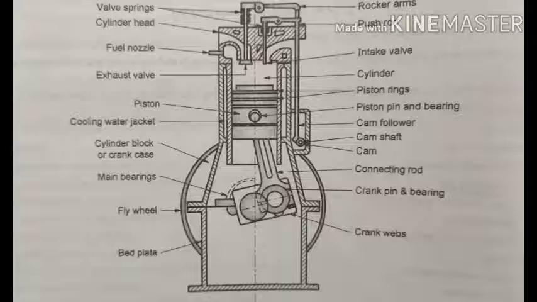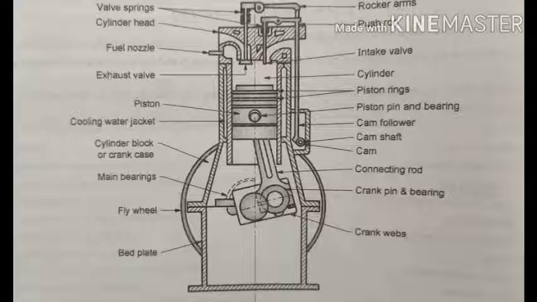Third one is the piston and piston rings. Piston closes the other end of the working space of the cylinder. It transmits the power developed by burning of fuel to the crankshaft. In this process, the distance traveled by it from one end of the cylinder to the other end is termed a stroke. The piston rings, lubricated with engine oil, produce a gas tight seal between piston and the cylinder liners.